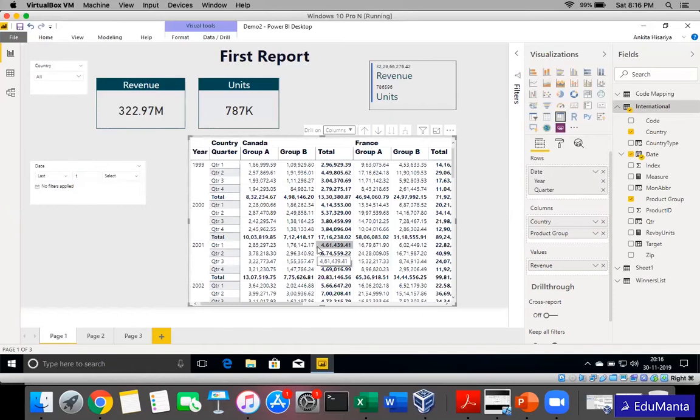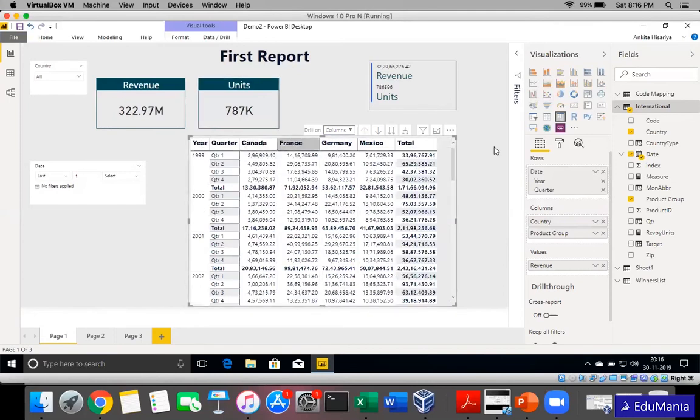Because right now I'm asking Power BI to drill down on the column section. Similarly, whichever value is selected, for example, columns, and you drill up, the drill up will occur only for the column. And as I showed you for rows, similarly for columns also, you can just click here and say show next level of data.